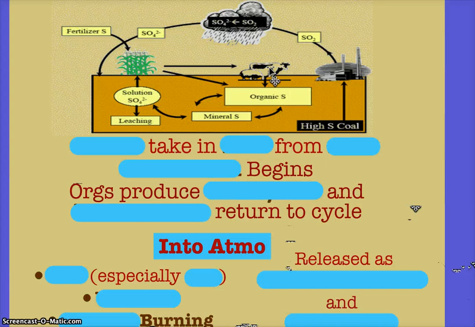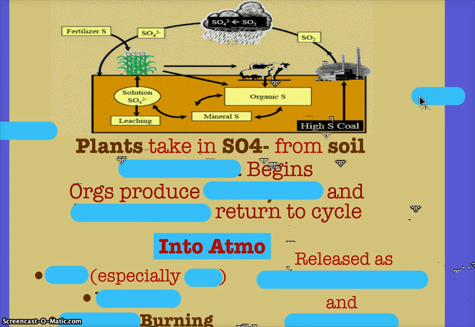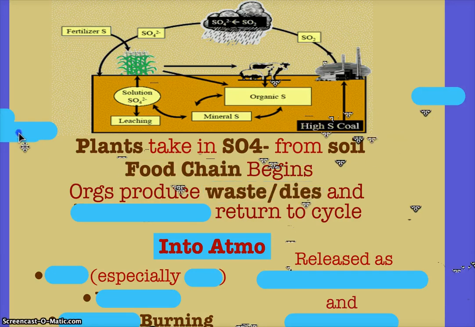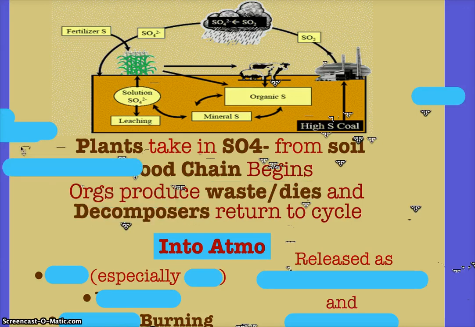So, here's what happens when sulfur in the soil is available. Who's going to take it in? Plants. So sulfate is taken in by plants in the soil, and then what happens? Same thing as phosphorus. Good. Food chain begins. Then what happens? Then they die. Same thing, or excrete waste, and then decomposers return it to the soil. Okay? Now, if the decomposer returns it to the atmosphere, or we burn fossil fuels, or a volcanic eruption occurs,